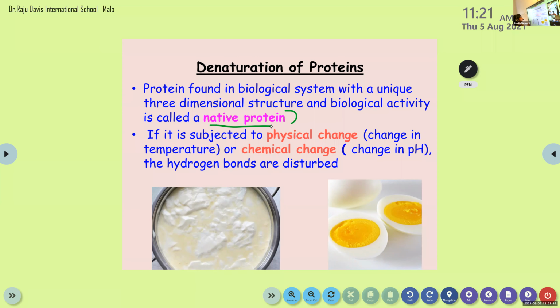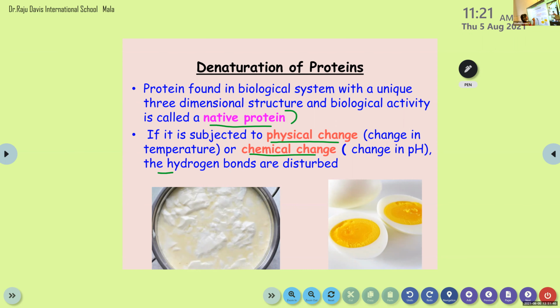A protein found in a biological system with a unique three-dimensional structure and biological activity is called a native protein. When this native protein is subjected to any physical change, that means a change in temperature, or a chemical change, that is a change in pH, meaning the medium is changed into acidic or basic,